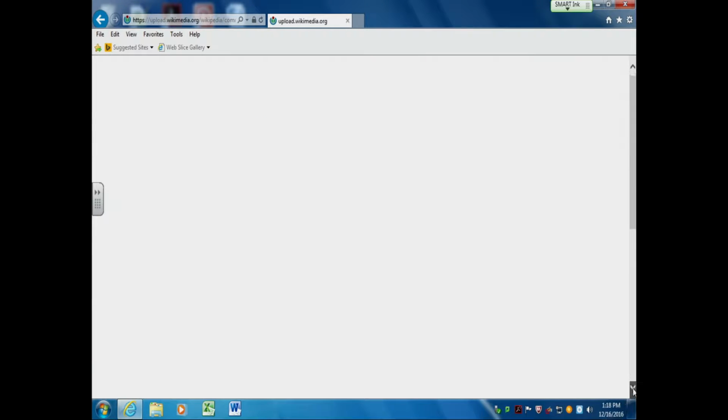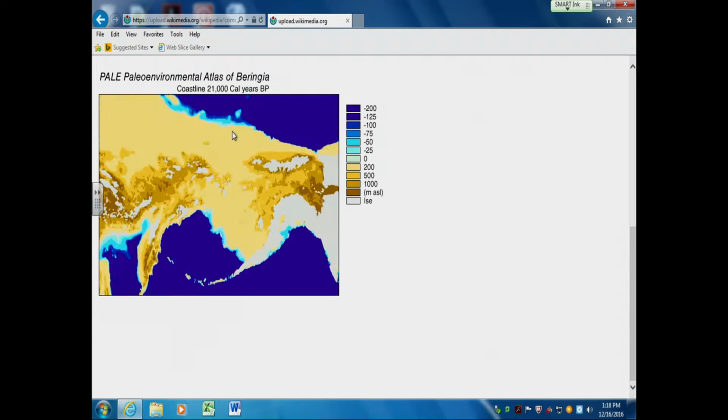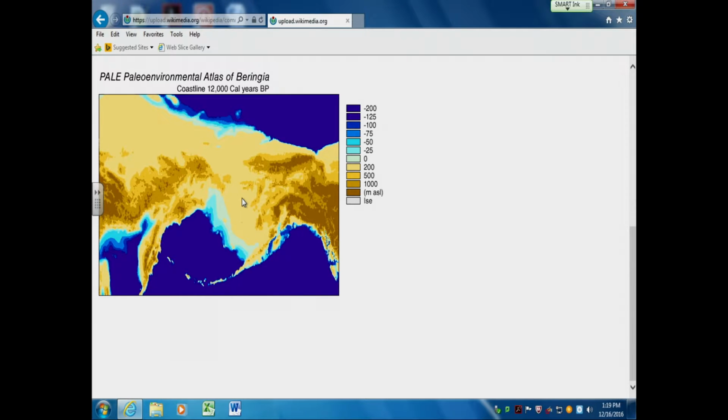Usually this is interactive, and it'll show the... Oh, here you go. Up here it shows you the years. And you see here the Bering Strait and the Bering Sea is, this is 21,000 years ago. This is all land, 19,000 years ago, etc. And quite frankly, there's no real evidence that that was the limit of it. It could have been smaller, but more likely in my mind, it was probably larger, allowing for the passage.